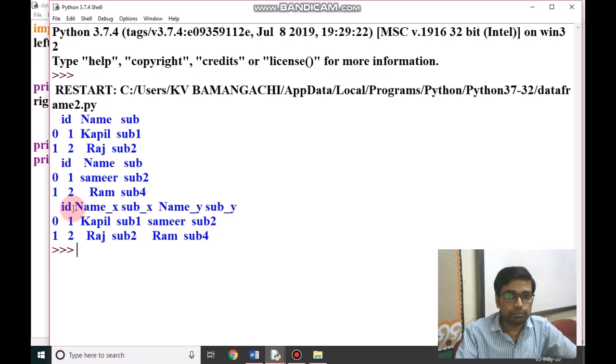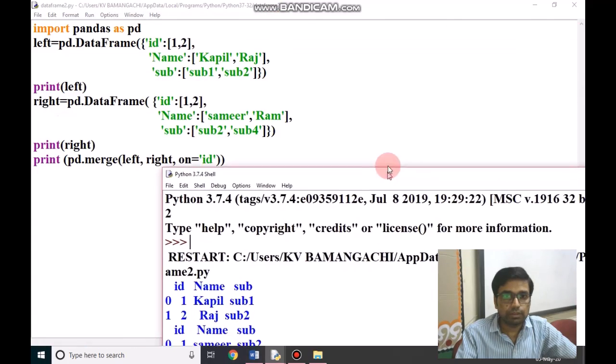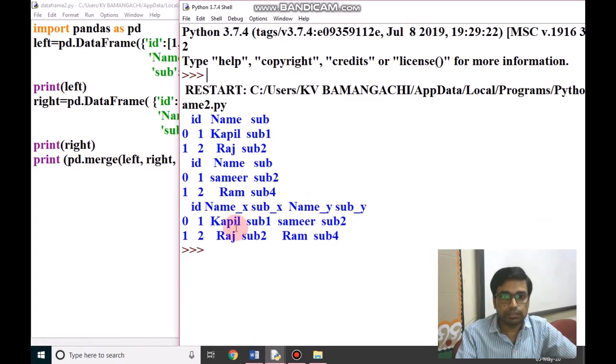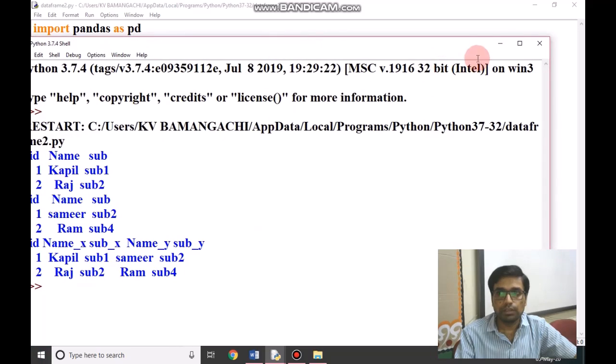It is merged with respect to IDs, name, subject, because we have given here left and right, left side, Kapil, Raj, then Samir and Ram, with respective subject, and it is showing underscore x, underscore y, which means this is one data frame, this is second data frame. In this way we can merge a data frame.